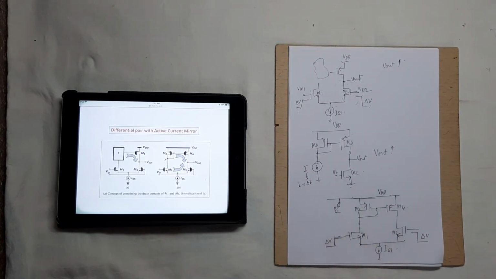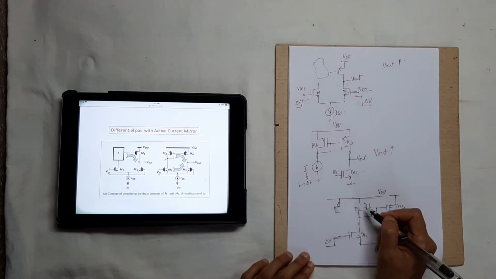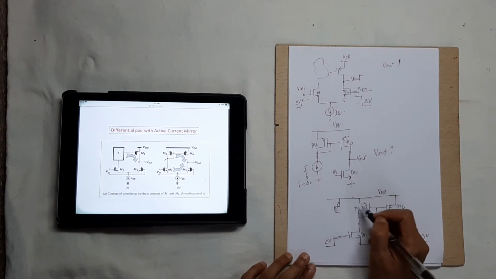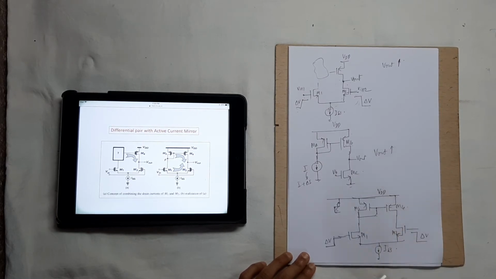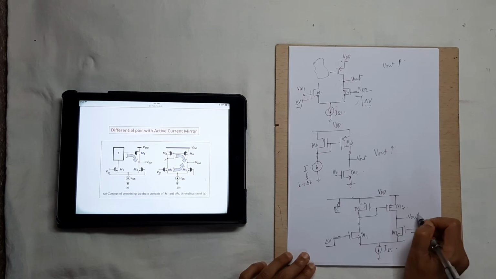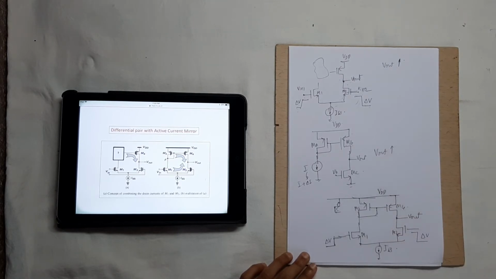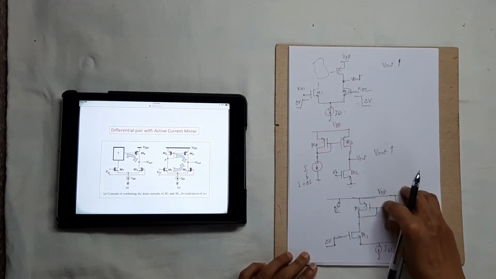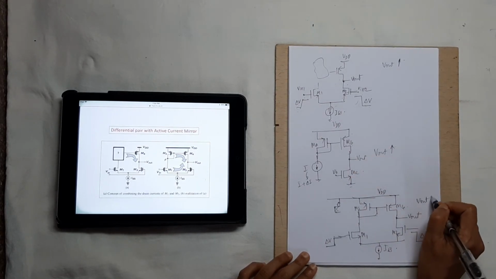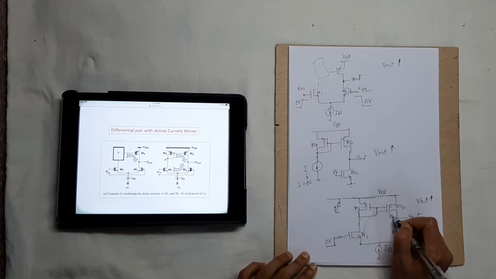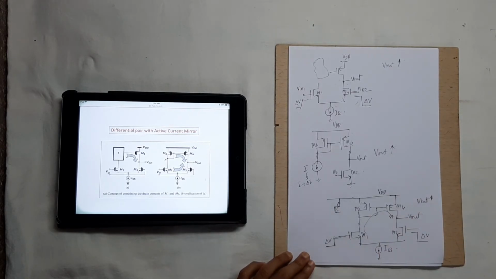Now consider this part. When the voltage at the input of the M1 transistor increases by delta V, then the current through M3 increases automatically. Since it is a mirror circuit, which is a copying circuit, the current through M4 also increases. Of course, this is the output voltage. When the current through M4 increases, now you think of this circuit. When the current through this part increases, what happens to the output voltage? The output voltage increases. That is, we have considered this circuit now. When this voltage increases, now consider this part of the circuit.